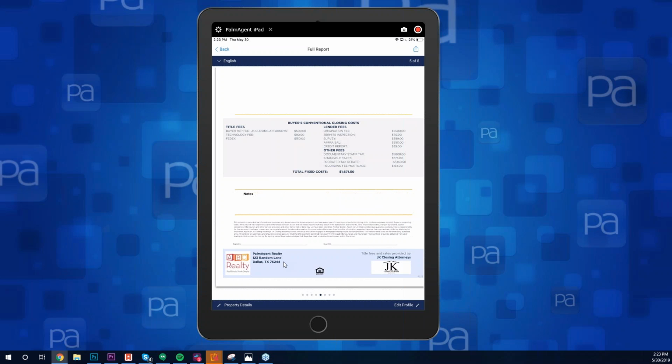Again, adding the photo and logo is something that compliance made us move over to the premium subscription portion of the app due to all those P50 and RESPA laws. It's something that's there to protect you guys and to protect the folks there at JK Closing Attorneys. And so like I said, to add your photo and logo to your account, it is going to require a